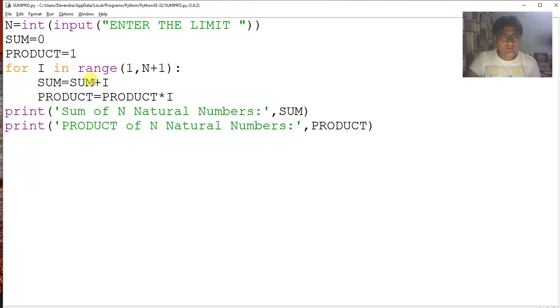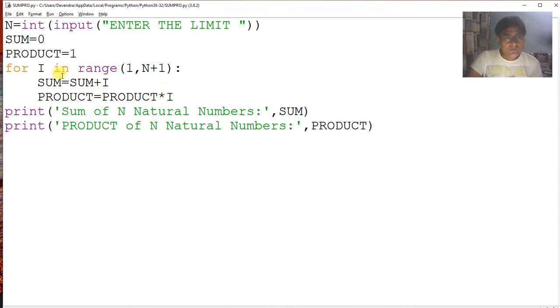Sum was having 1 initially, and now 1 plus 2, sum is having 3, and product is having 1 into 2 as 2. Then I becomes 3, sum was having 3, and now 3 plus 3, sum is having 6. Product was having 2 and multiplied by 3, it becomes 6.